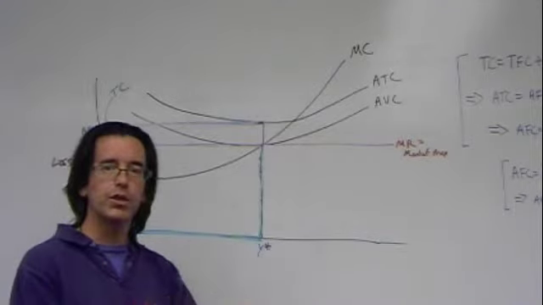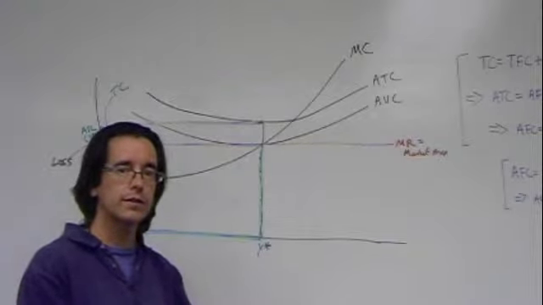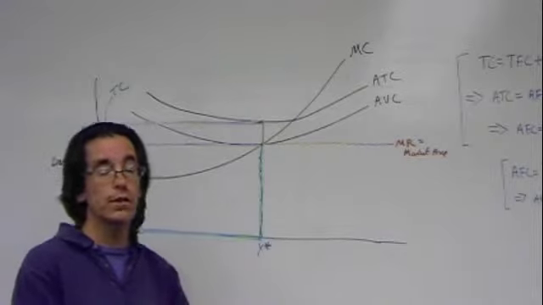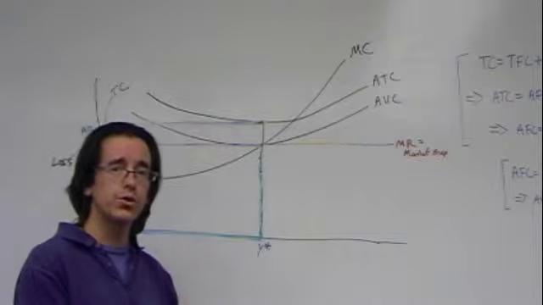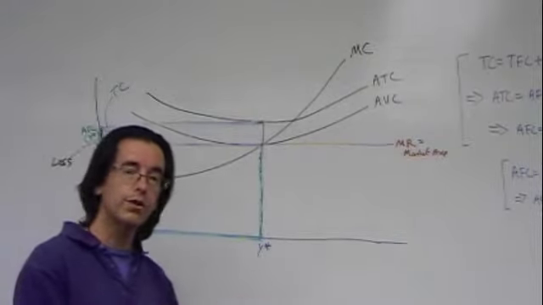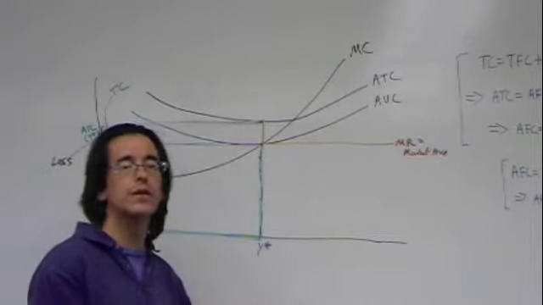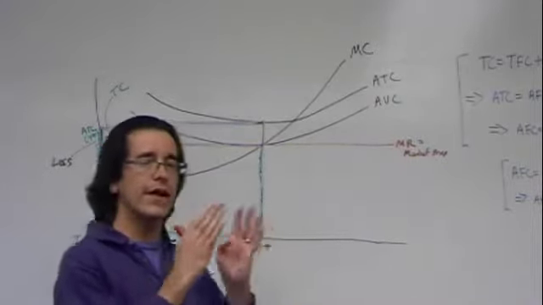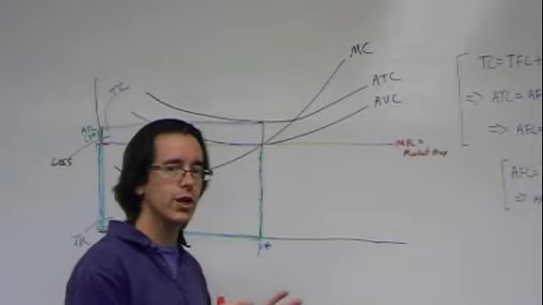so what's the total fixed cost? Remember, total fixed cost ends up being our loss if we produce nothing, okay? We produce nothing, there's no revenue. What's our total cost of production? Well, if we're producing nothing, we have zero total variable costs, which means our total fixed cost represents the entire total cost, and we have no revenue, so our loss is total revenue, 0, minus total fixed cost, so our loss is total fixed cost. So, again, that's our reference point. The loss from not producing is our total fixed cost.